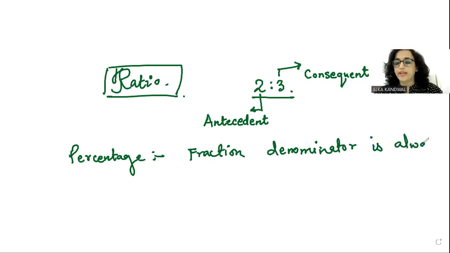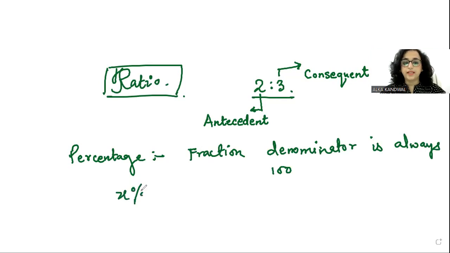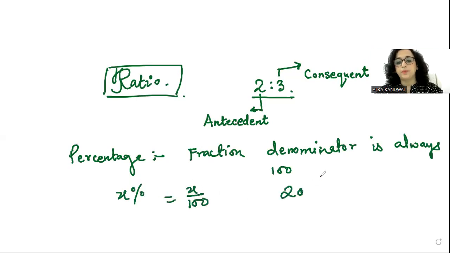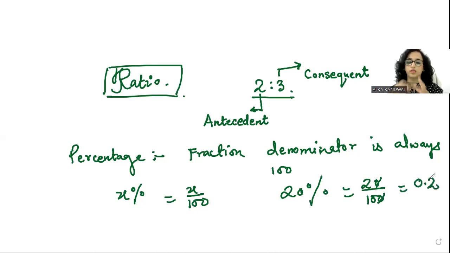Okay, so for example, I tell you x%. That is nothing but x by 100. For example, I say 20%. So what will you do? The denominator is 100, 20 by 100. So cancel the 0, or 2 by 10, we can write it as 0.2. Is it not? So a fraction wherein the denominator is always 100 is known as the percentage. Is it fine? Moving ahead, let us see